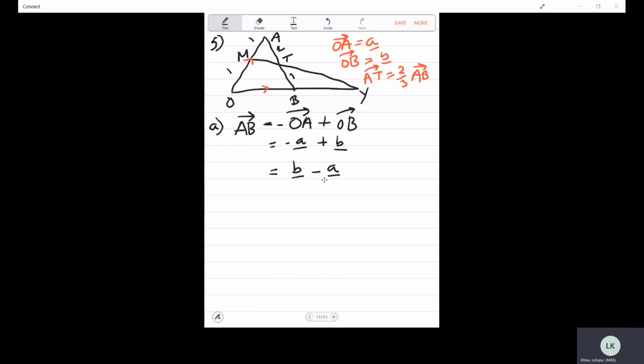Okay, and then we also have to work out AT. So AT, we are told this is 2 over 3 of AB. And we just worked out AB in the previous question. So this is 2 over 3 of (b minus a). This is 2 over 3 b minus 2 over 3 a, like that. Okay, then B